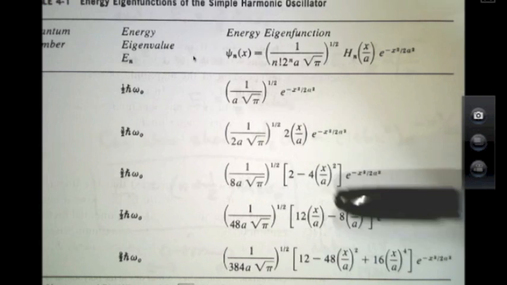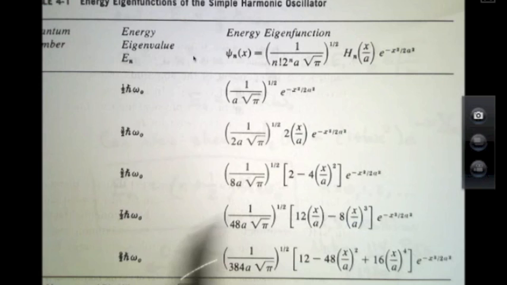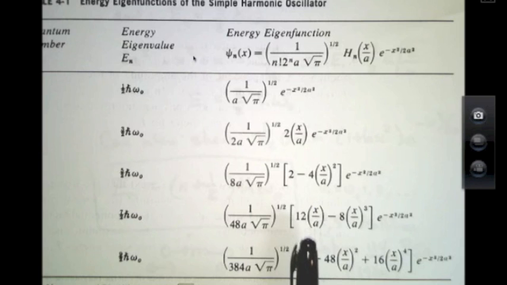So notice there's no x term in here. It's just x to the 0 plus x squared, and that's because this wave function is an even wave function. The third, n equals 3 wave function has only the odd polynomials in it, so x and x cubed. And the fourth has only x to the 0, x squared, and x to the 4th. That's quite understandable, because if we think back to what our potential is,